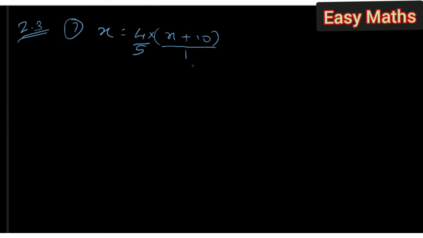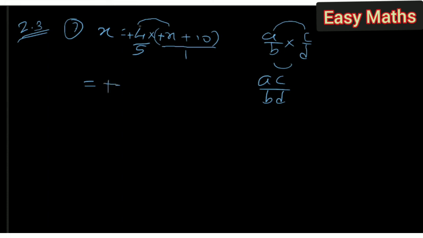So if you have multiplication like this, a by b into c by d, then we simply multiply numerator to numerator and denominator to denominator. That's it. So I am going to multiply 4 into the numerator, x plus 10. There is no sign to this 4, that is, it is plus. So I am going to keep the signs as they are in the bracket. So plus will remain plus only. Now 4 into x becomes 4x. Again 10 has a positive sign, so it will remain positive and only the number will change.